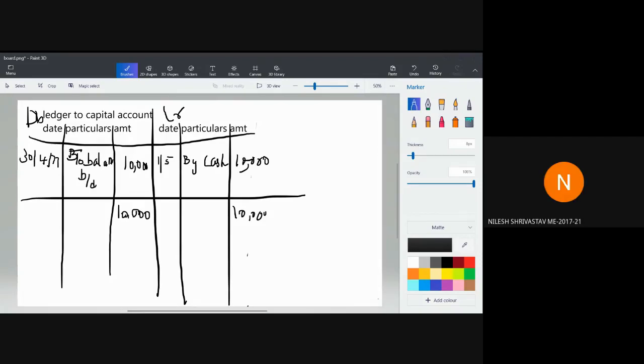What is the rule for the real account? Ma'am, debit what comes in, credit what goes out. What is the rule for nominal account? Debit all expenses, credit all profits and gains. Superb. Very good. Keep memorizing. Every time you start a problem, make sure you answer these golden rules, and definitely you will find your transaction entry very clear then.